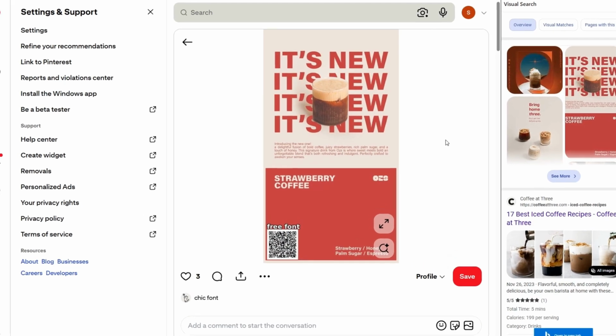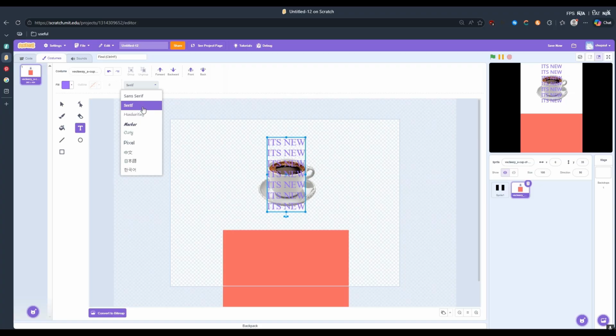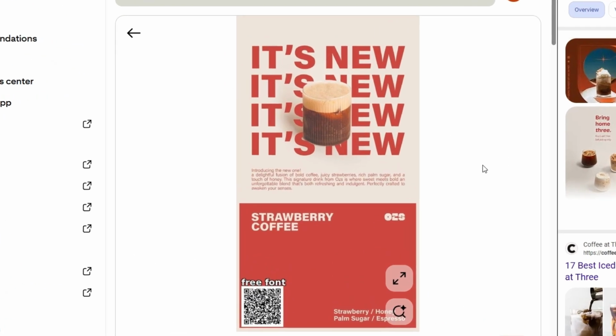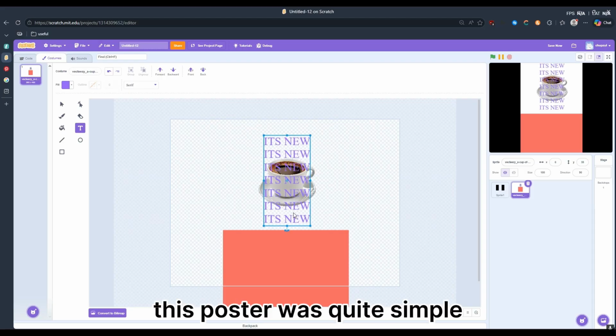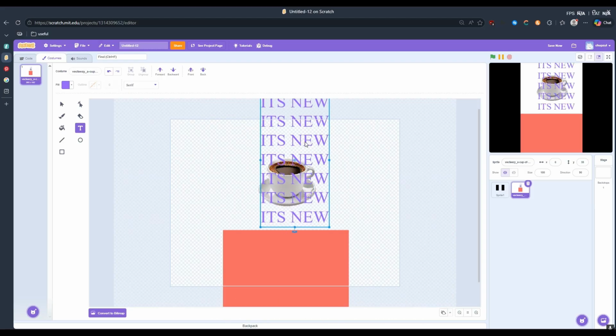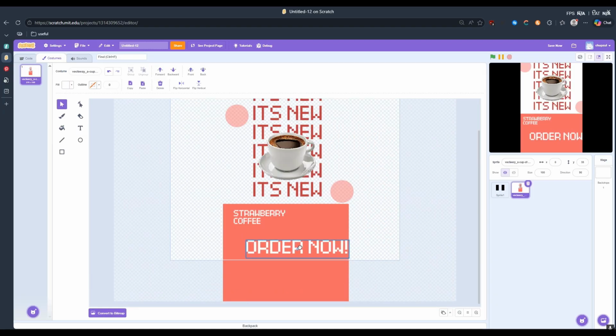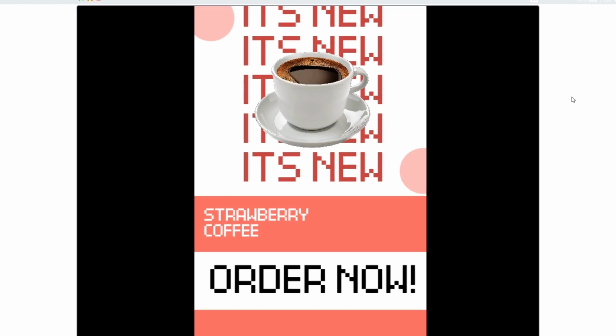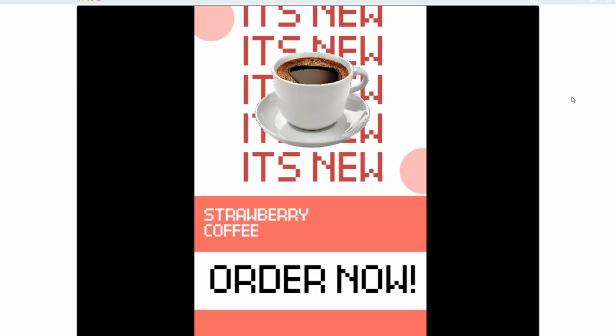Moving on to day 7. For day 7, I didn't have that much time and I just stuck with the usual. I got inspiration and began to work. This poster was quite simple compared to my last one. There aren't any fancy effects, but I still think it's decent. This is the poster for day 7. I know it's worse than my last one, but maybe progression isn't meant to be linear. I also didn't have that much time this day. So I'm gonna try doing better on day 8,